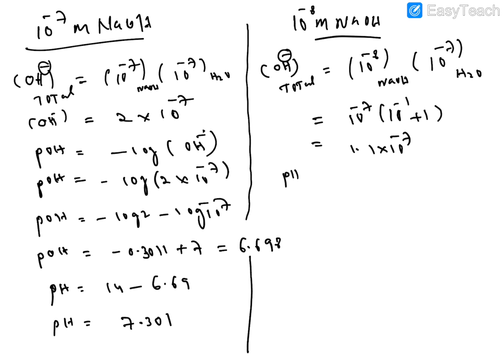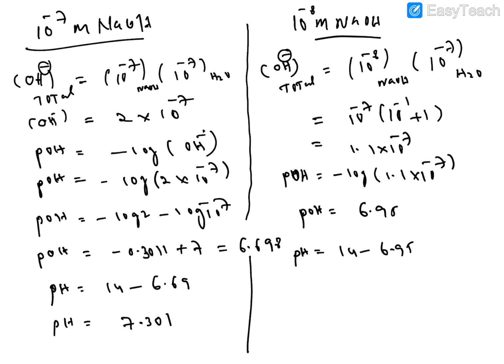So the pH is equal to, what is the pOH formula? pOH is equal to the negative logarithm of that OH concentration, how much here? 1.1 into 10 to the power of minus 7. So we will get finally here the pOH is equal to 6.95 and the pH is equal to 14 minus 6.95, that equals pH is equal to 7.014, nearly becoming this value. So it is a very dilute solution.